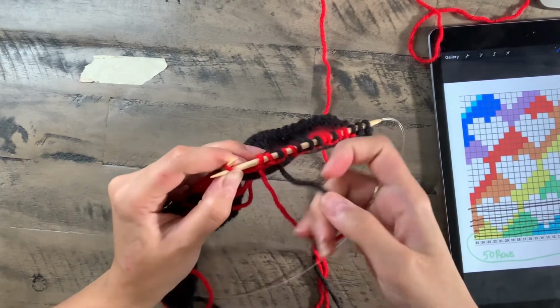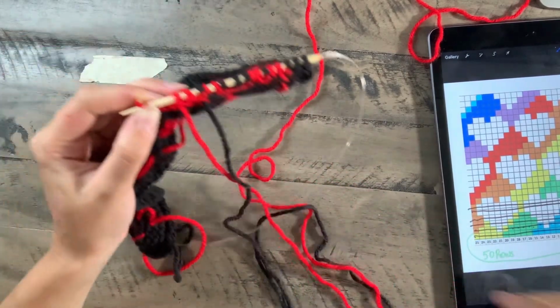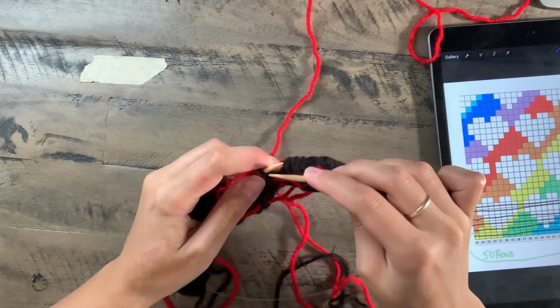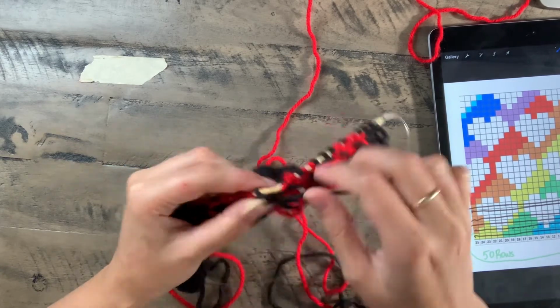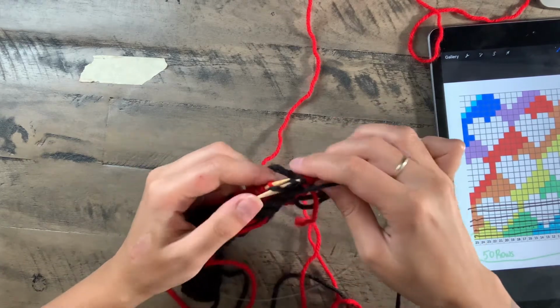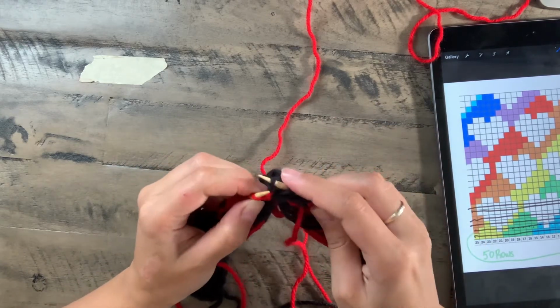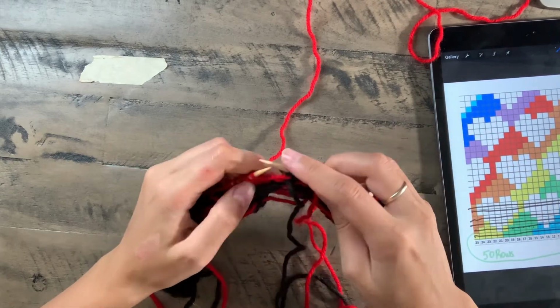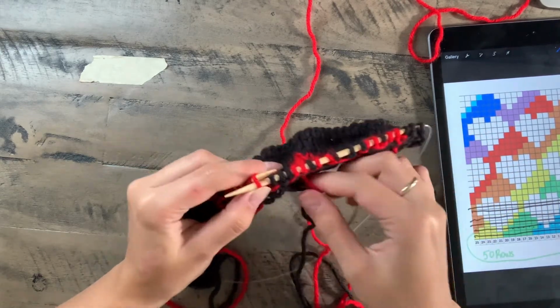So we're getting there, guys. This is awesome. I hope you're proud of yourself, because I'm proud of myself for learning how to do this. It looks difficult, but it really isn't. You just gotta practice and, you know, get your tension right, which I'm still working on. As you can see, 3 and then 2 red,